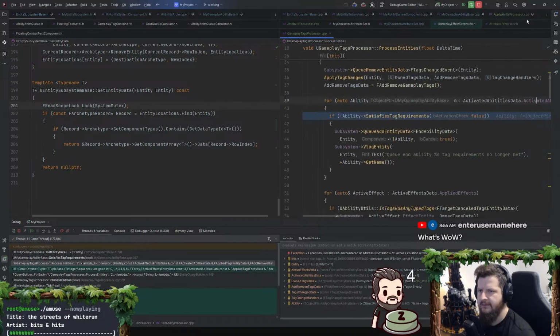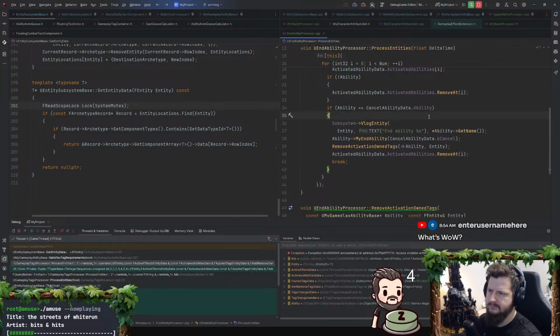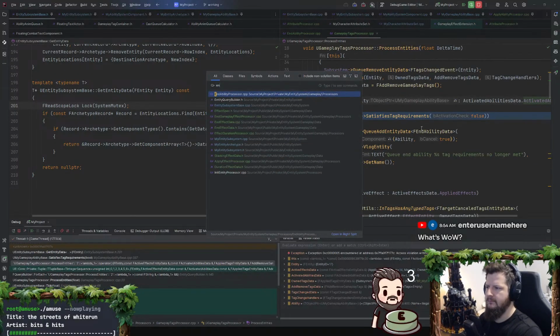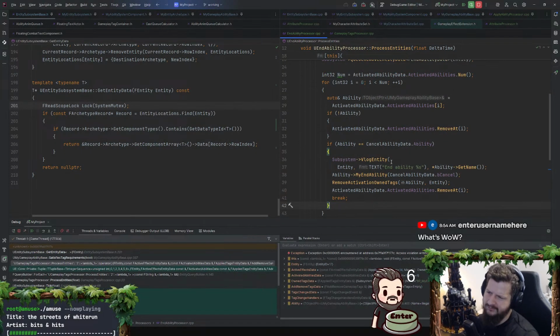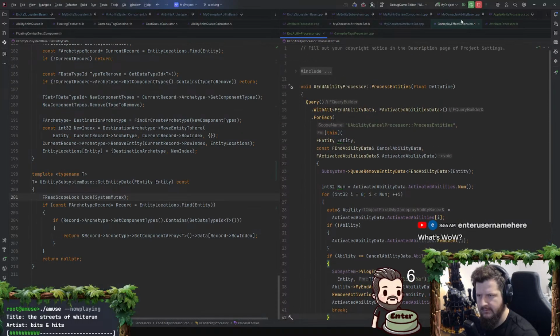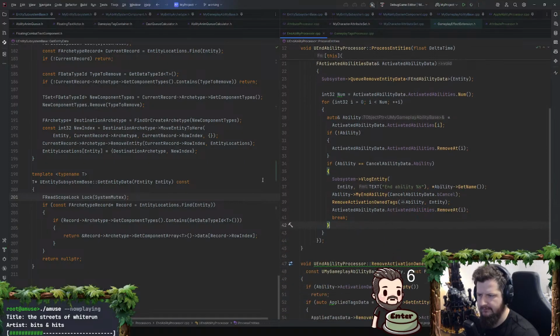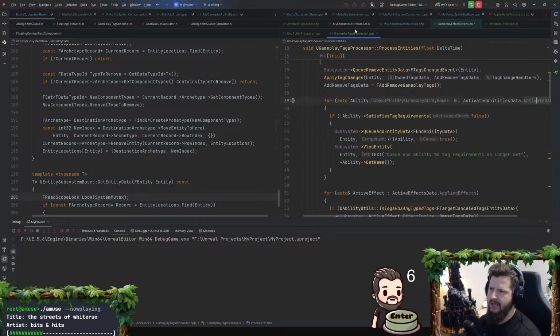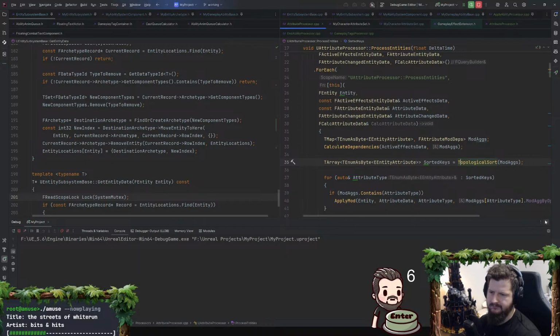Okay, this one just doesn't even open correctly. Well, I guess the fireball never hit anything, so it might never have ended actually. Let's ignore that for now. Okay, but back to the attributes.